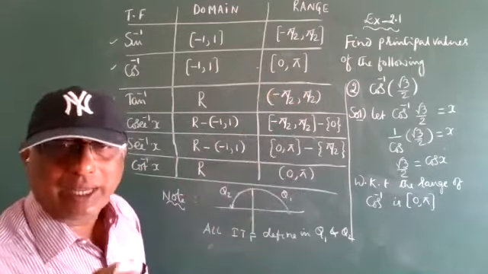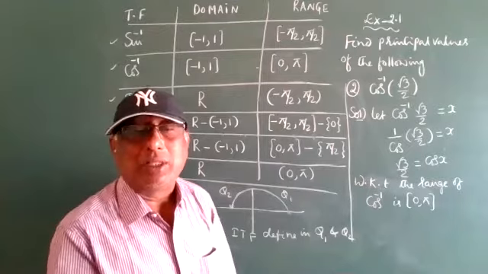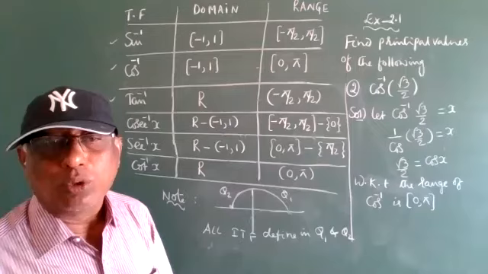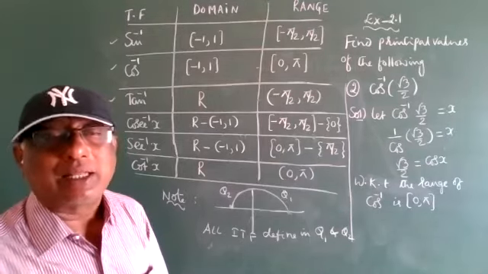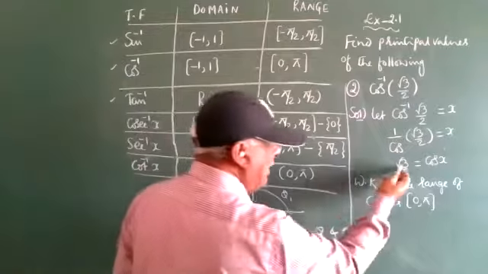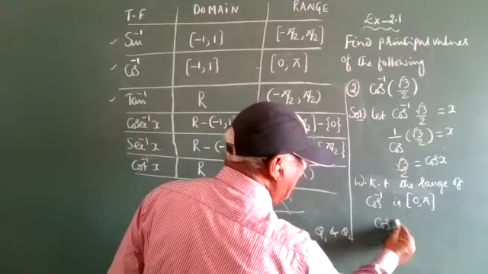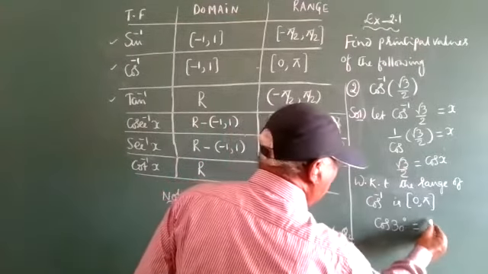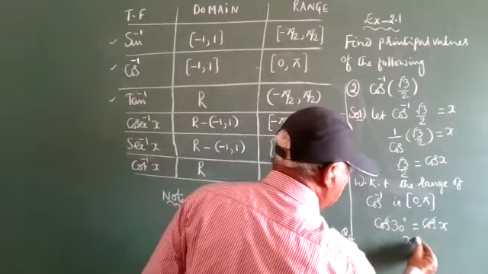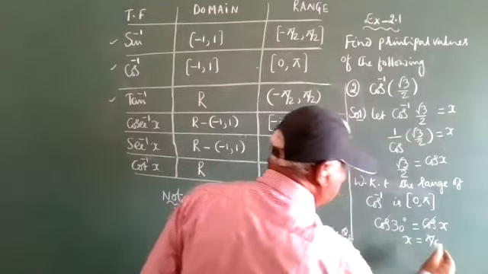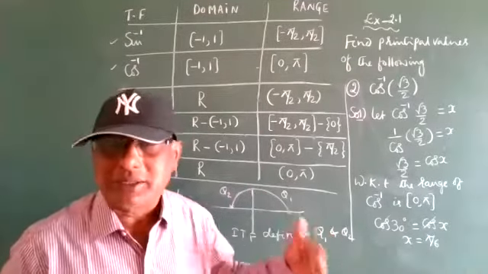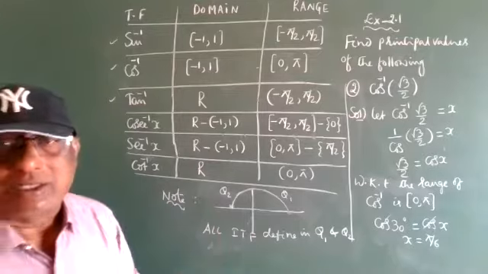I will write. So take the cos angles. You can tell me, root 3 by 2, at what angle is the cos? Root 3 by 2, what angle is it? 30 degrees. Cos 30 is root 3 by 2. So I will write cos 30 degrees is equal to cos x. Now cos should be cancelled. x is equal to 30 degrees, which is the principal value. Okay, now I will continue one by one, so you can understand.